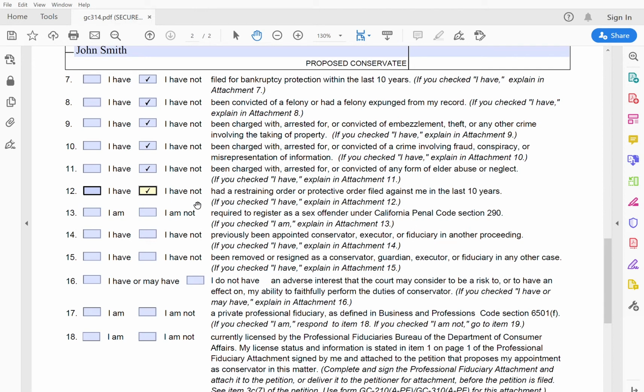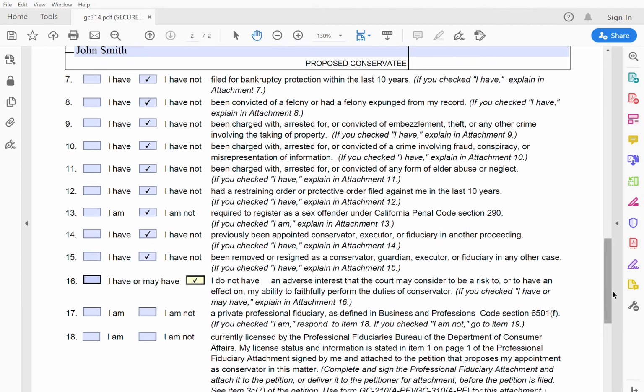Either I have or have not been required to register as a sex offender under California Penal Code. Either I have or have not previously been appointed conservator, executor, or fiduciary in another proceeding. Either I have or have not been removed or resigned as conservator, guardian, executor, or fiduciary in any other case. Either I have or I may have or I do not have an adverse interest that the court may consider